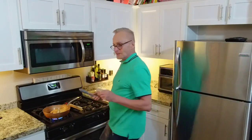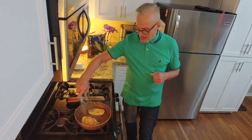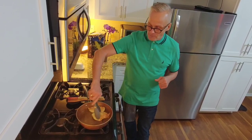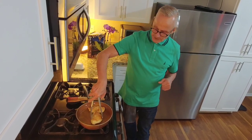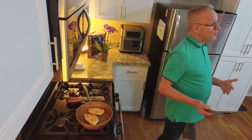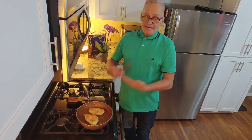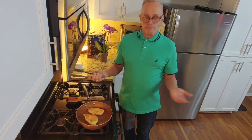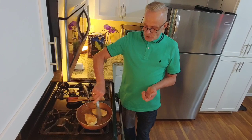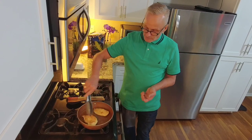So I'm sure you can hear that sizzle going on, and we're going to switch back over. You can hear that sizzle going on. That is exactly what you want. And at the same time, we're getting all of these brown little bits in the bottom. The other thing about this is you have already thinned these breasts out, so they're going to cook in relatively few minutes, about 5 minutes maybe on each side, and they will be done. As they cook, continue to scrape all the bits off the bottom. That's all going to be part of your sauce